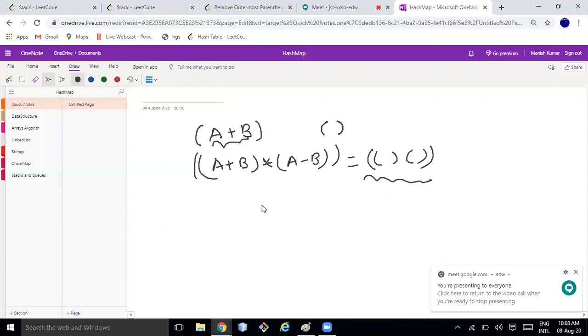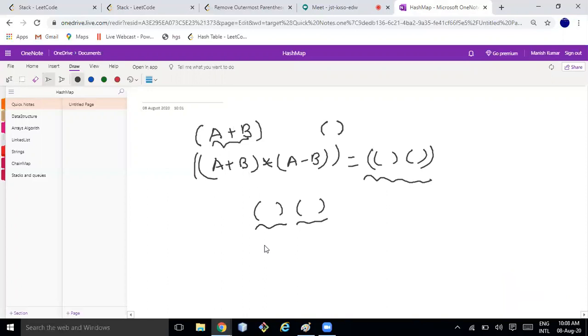But what if something like this is there? Then these two are called primitive parentheses, so we can break something like this. Okay. So the problem says if you are given a string of parentheses, maybe something like this. Something like this. So obviously this is a valid parenthesis.